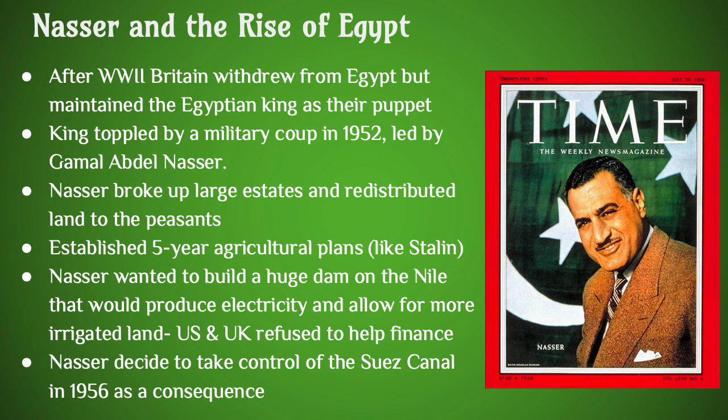Much of Egypt would finally be electrified in the 20th century. And it would also allow for more irrigation, which then leads to more food, and starvation and malnourishment was a big problem in Egypt at that time. But he was going to need a tremendous amount of money to be able to build this massive dam. And for a host of reasons, both the United States and Britain refused to help finance it.